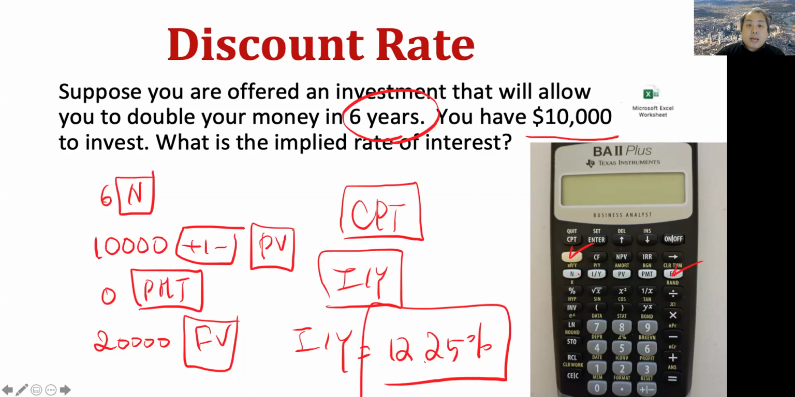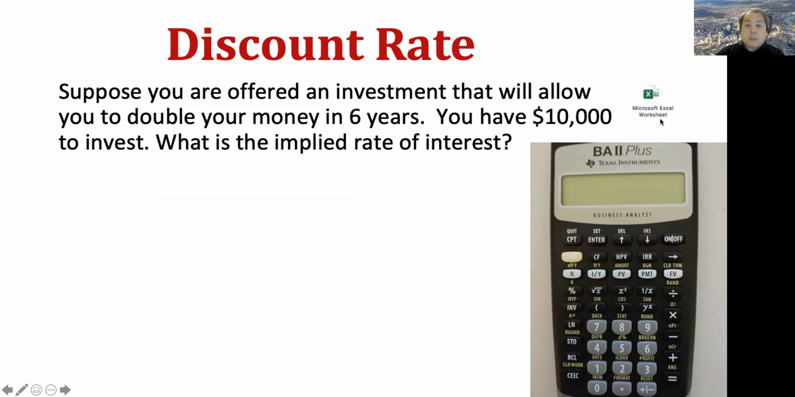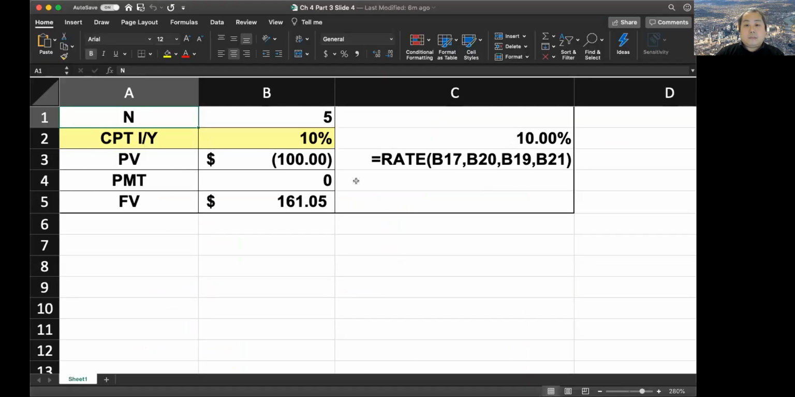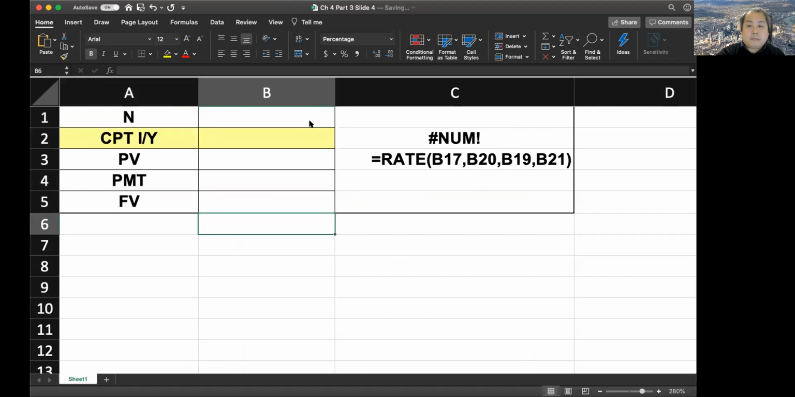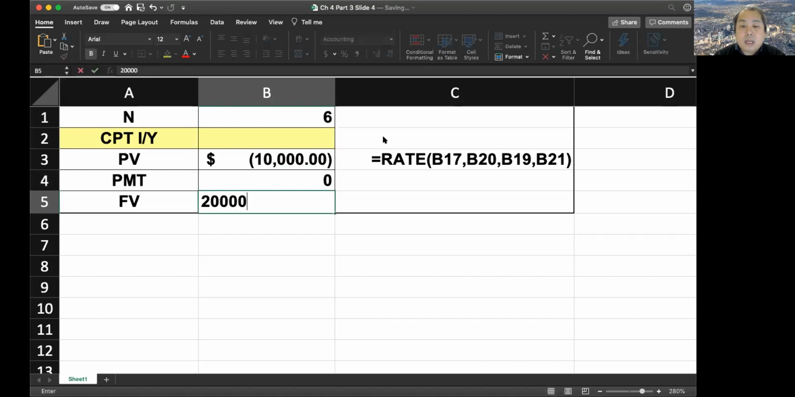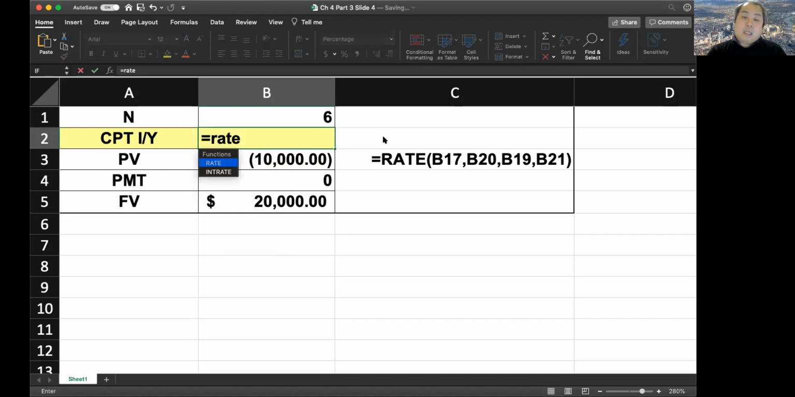You will see this small icon again, Microsoft Excel spreadsheet. I include the Excel spreadsheet template here. So you can double click, then you will see this spreadsheet. Let's delete everything. Don't need it, right? Now, here n equals 6, present value negative 10,000, PMT 0, and future value 20,000. And then when you compute the interest rate,